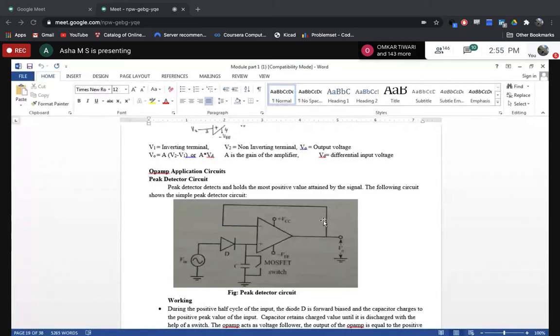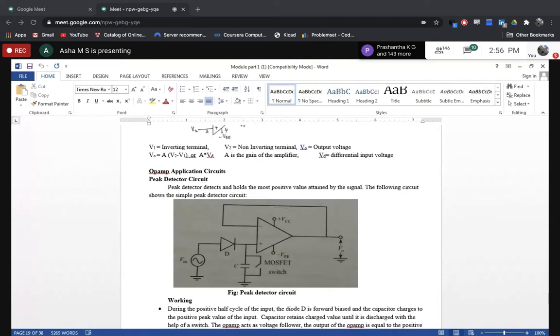But it's not always the case that we have a sine wave as our input, right? The input waveform will vary, so you may have any type of wave as the input. There, if you want to detect the maximum level of that voltage that the signal can attain, this peak detector circuit will come into the picture. This circuit is going to detect the peak value, the maximum high value that it can attain.